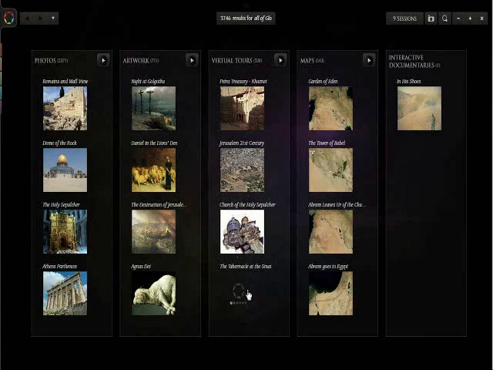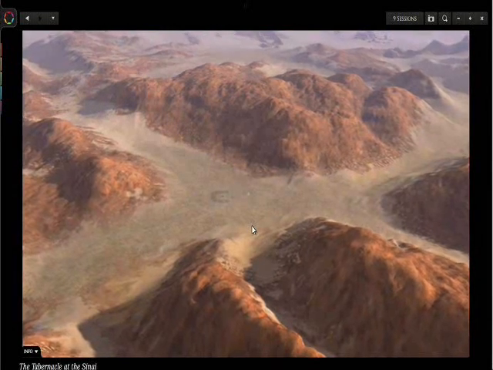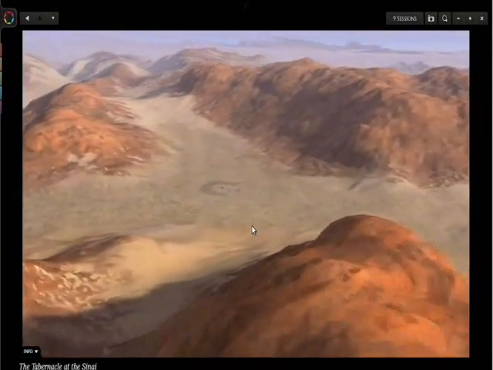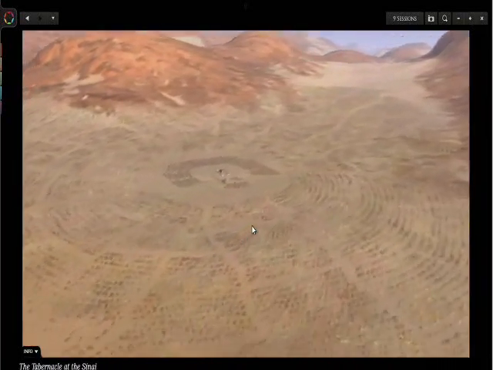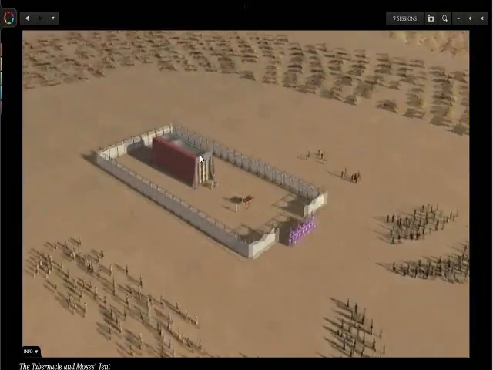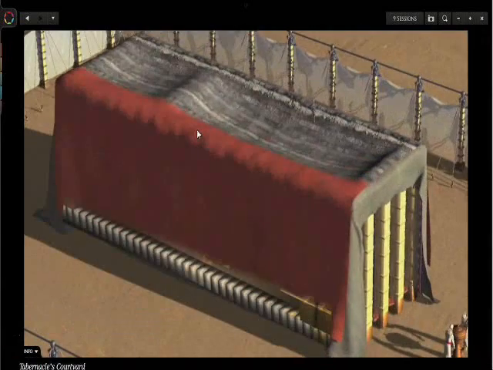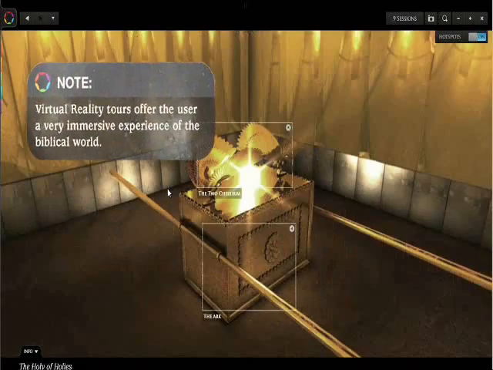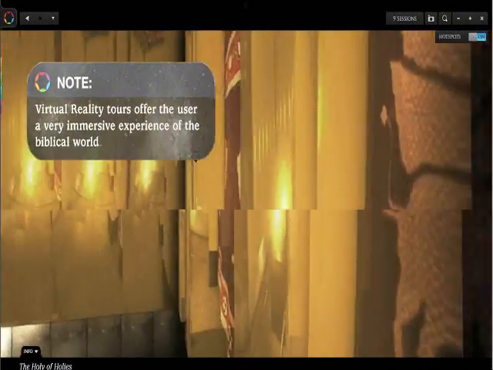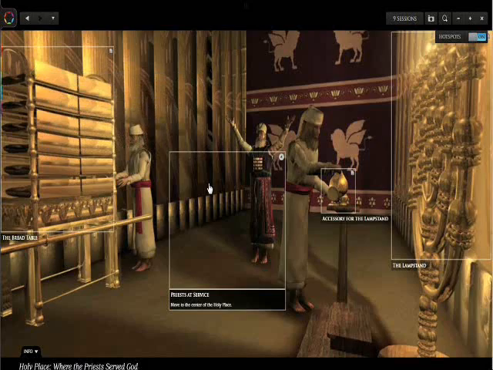See, for instance, this one that shows Mount Sinai and the Israelite camp and the tabernacle in Mount Sinai. It dives into Mount Sinai and shows you the tabernacle in the center. The tabernacle is such a fascinating piece of scripture in the book of Exodus, but it is really difficult to understand what it describes. Here you can actually experience what the book of Exodus talks about and see the different elements of the tabernacle. Go to the Holy of Holies, explore it, and learn visually in a very different way what the tabernacle is about.